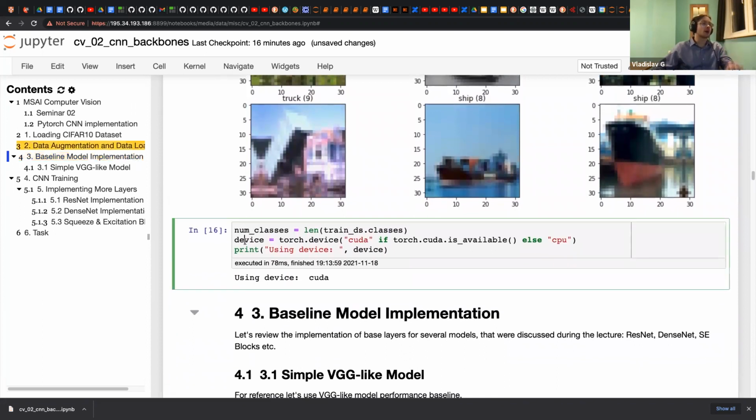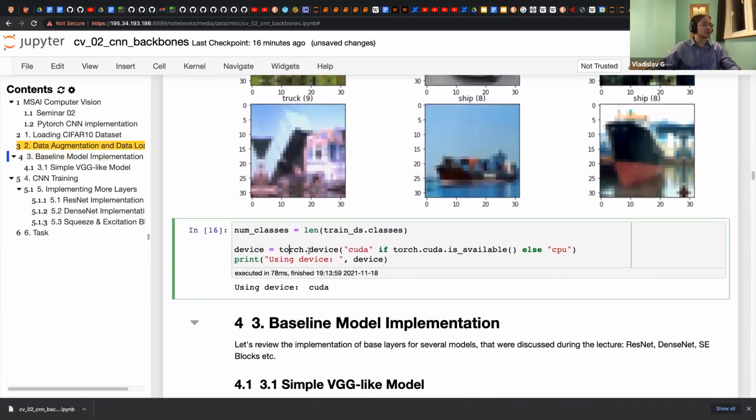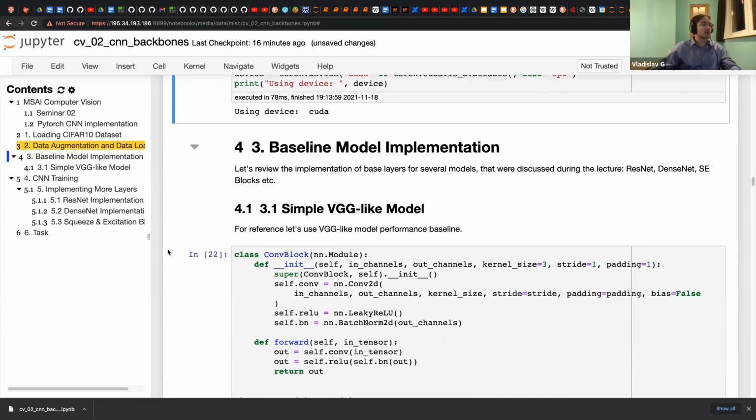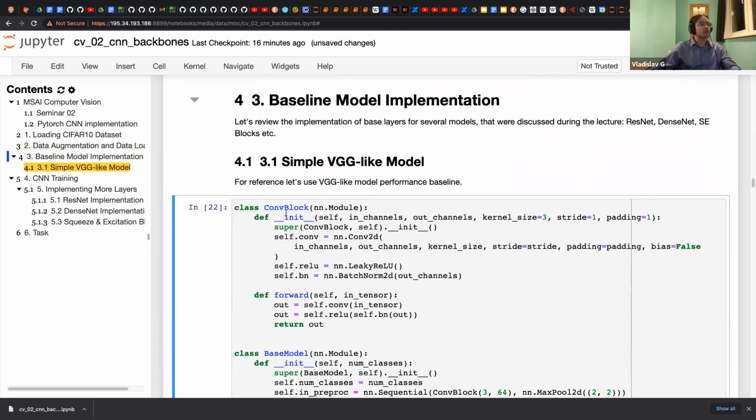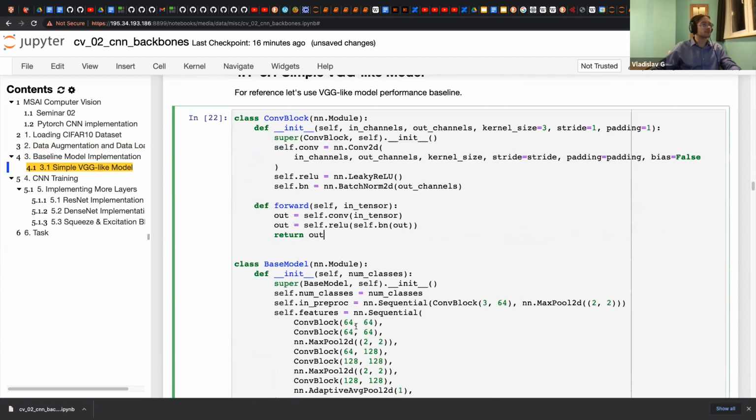Then we define our device as we usually do, and it is CUDA in my case, and then some model which looks like VGG. VGG and ResNet were 2 networks that changed the game in computer vision, in neural networks computer vision.